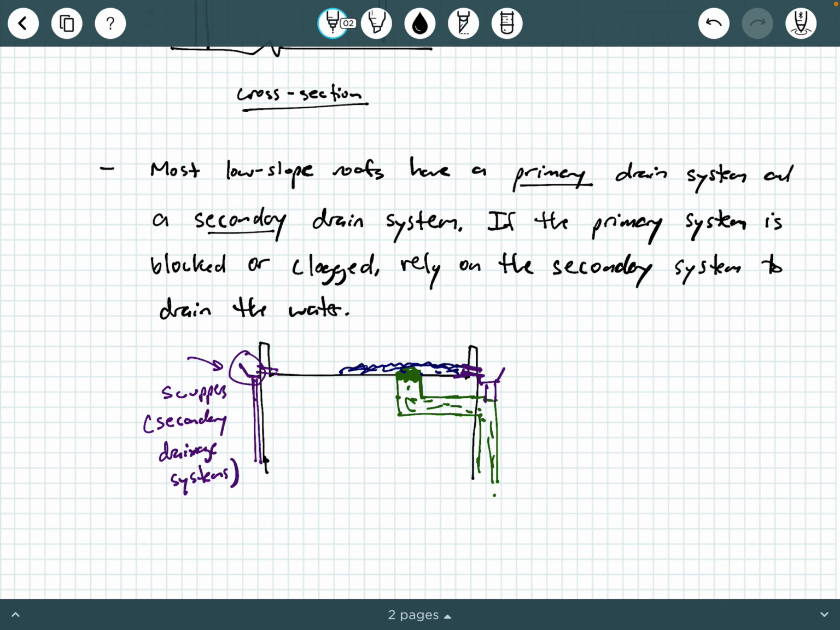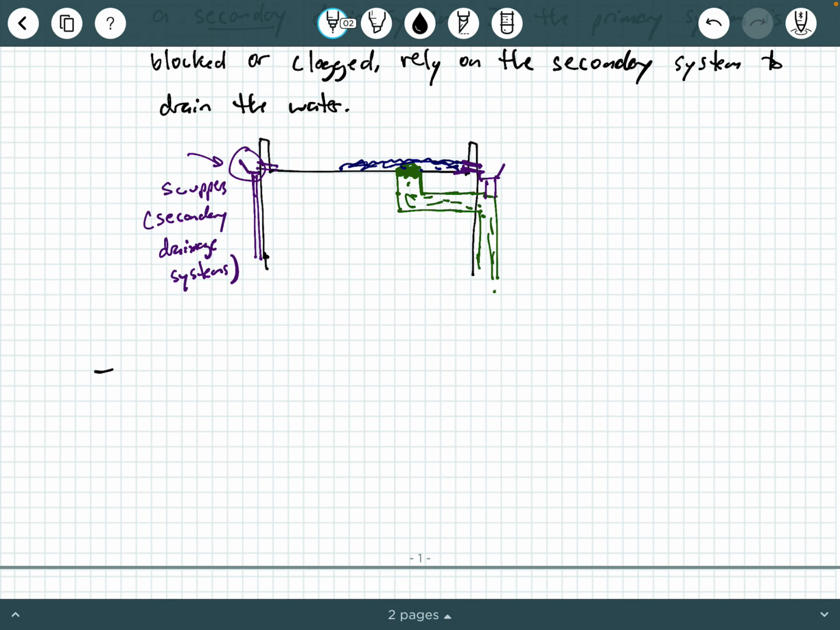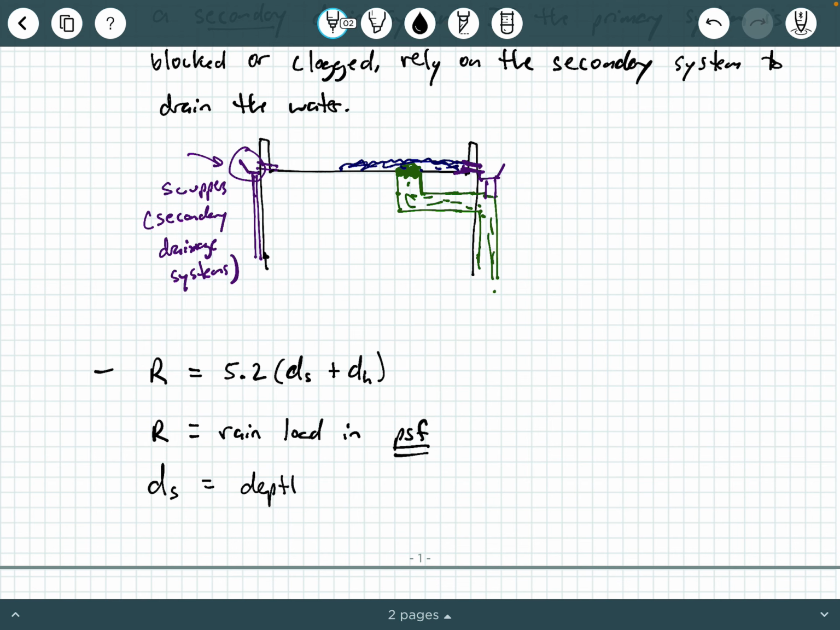Okay, now how do we calculate the actual rain load? All right, well, the rain load itself, ASCE 7 and IBC 2018 call it R, and they say R equals 5.2 times (DS plus DH), where R is our rain load in PSF. Okay, and then these other two terms, DS is called the depth of water, and that has units of inches,